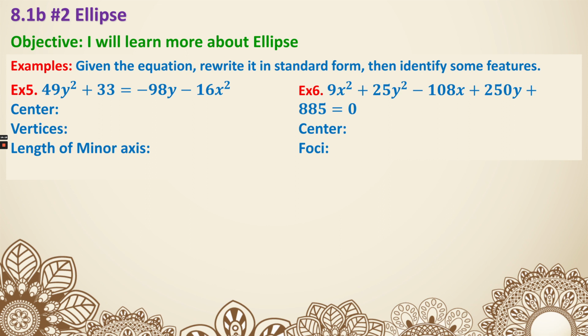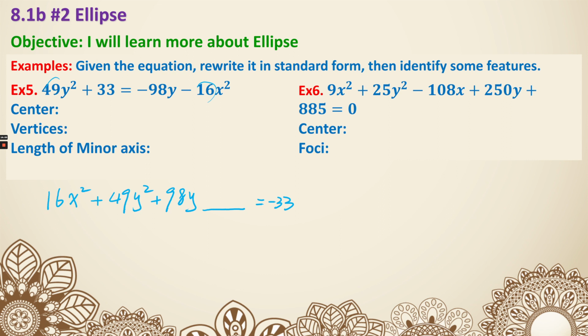Example 5 and 6. This time we have equations that are different from the circle equation, if you haven't noticed, because the numbers in front of your x squared and y squared are different in this case. But no matter what, we still want to move them to the left side of the equation. So let's do that. First, we will have 16x squared on the left plus 49y squared plus 98y, and then a space, which equals negative 33. Here's what's a bit tricky, because as of right now, we don't